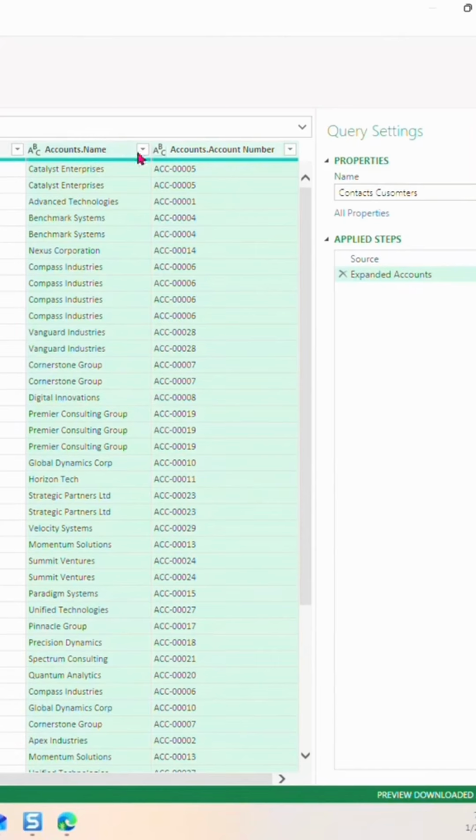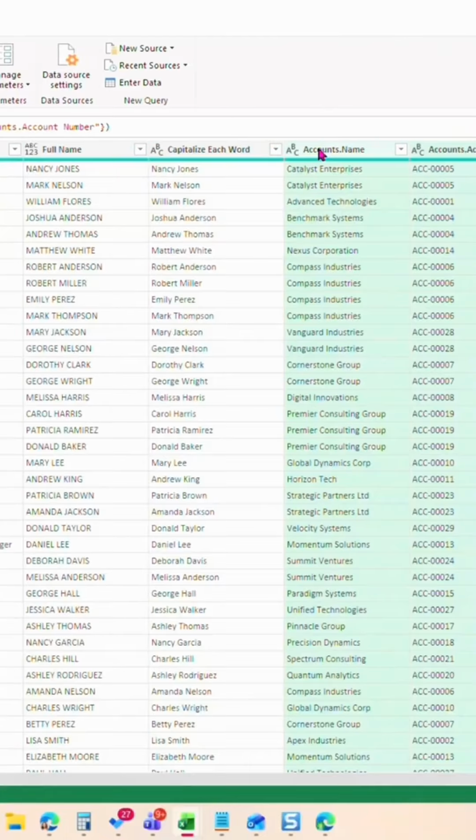So this is exactly why I like to rename my tables, because now I know where this data came from. And I can also say that there is a hard